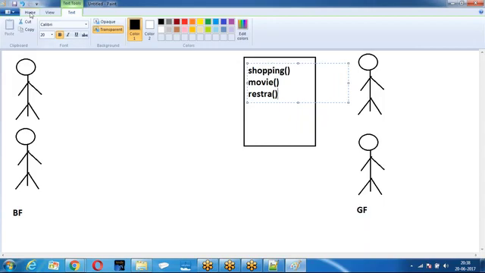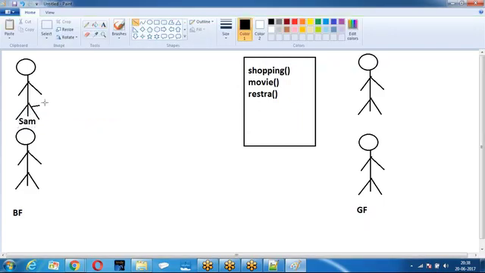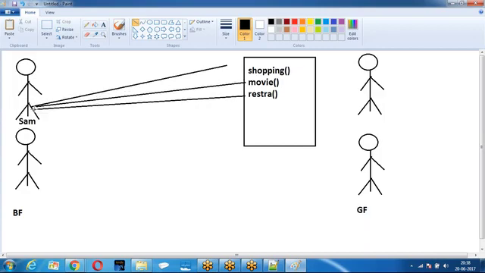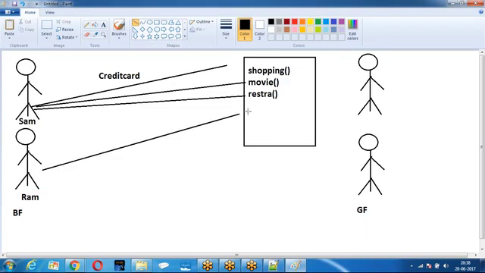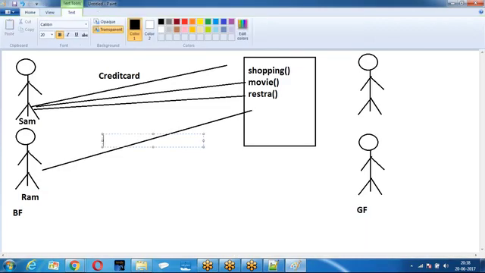Now, this Sham told boss, he is providing all the 3 services. He was supposed to provide, he was providing. But this Sham told boss, I will give my card. I will not be able to accompany, take my card and go for a shop. Then Ram told, boss, I will come along with you, I will accompany you, we will go for a shop. Now what is it? Both of them are providing the service called shopping, but it is up to the people. You have to provide the service, but how you provide is your choice.